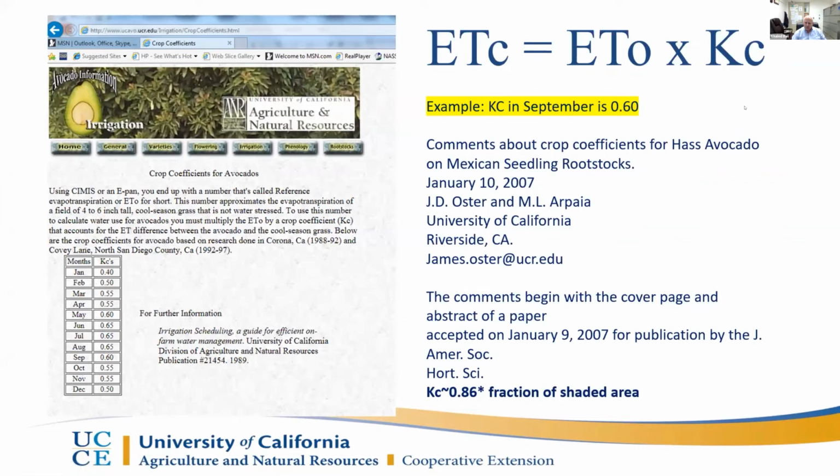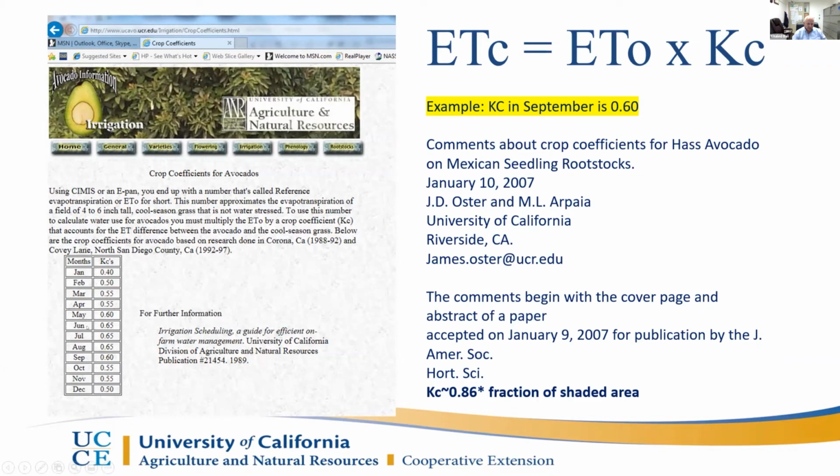For avocado, there is information available. We go back to the basic ET equation. The crop water use equals the reference evapotranspiration, ETo, which I can get from CIMIS, times the crop coefficient. And the crop coefficient, just take it with a grain of salt, because the crop coefficient, for avocado or for any other crop, I can start with,